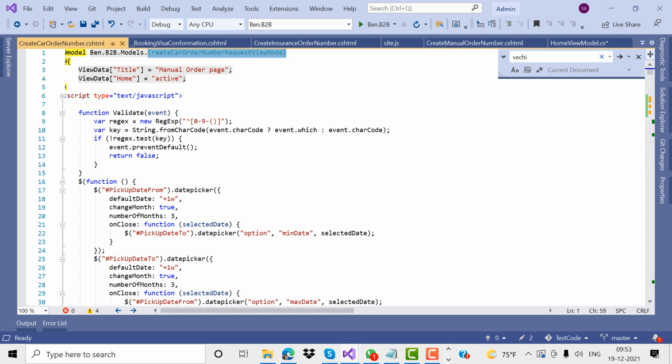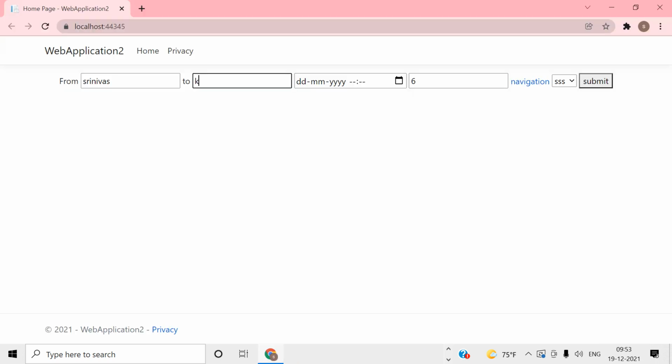Suppose my application has a login screen and a logout screen. Whenever I click login, some data will be displayed, and some other page will be redirected to. From login to the other page, I need to maintain the username value. How can I maintain it? We can maintain it through model values, as I told you earlier. The second way is to maintain the session value through session, the state management concepts also.